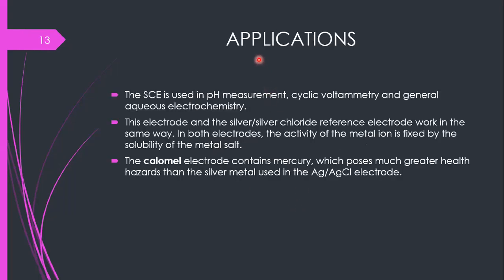Now we will discuss the applications of metal and metal salt electrodes for measuring salt anion. The saturated calomel electrode is used in pH measurement, cyclic voltammetry, and general aqueous electrochemistry. pH is the negative log of hydrogen ion activity. This electrode and the silver reference electrode work in the same way. In both electrodes, the activity of the metal ion is fixed by the solubility of the metal salt. The calomel electrode contains mercury, which poses much greater health hazards than the silver metal used in the silver and